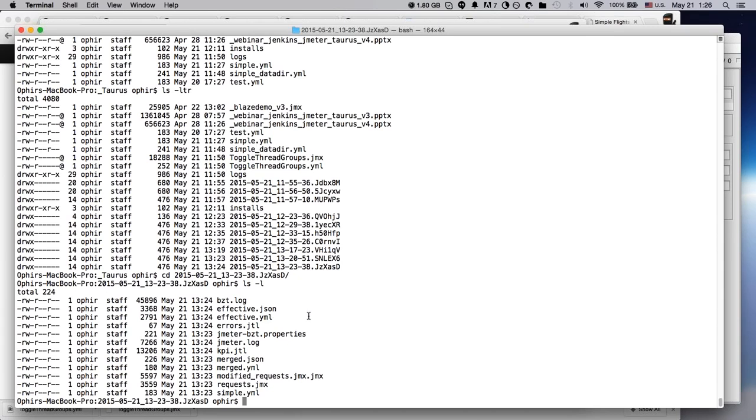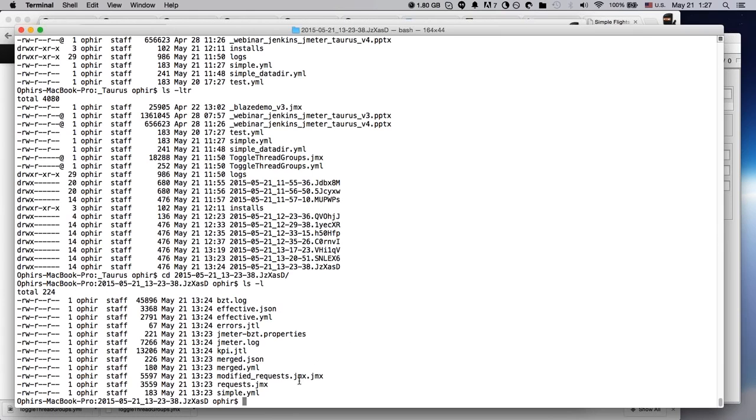Then you have effective YML and effective JSON. Those are basically the intermediate files that were created. Remember, simple.yml is what I created, and then Taurus went and created both an effective and a merged file. These are the files which Taurus creates when it needs to merge different files. So if you think about it, you might have some parameters from a YML file, and some parameters from multiple YML files. You can run multiple YML files in the command line, and it'll merge them all. You might have some parameters which are even overridden from the command line. So merged is what it does to merge, and then effective is kind of like the final